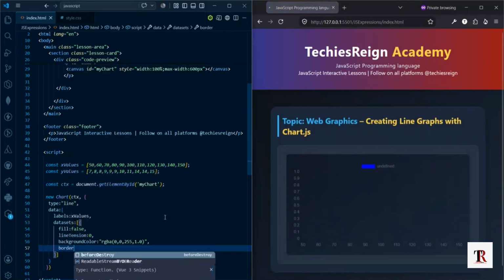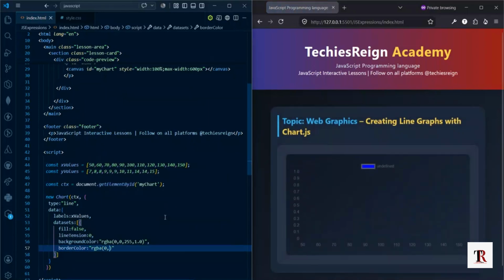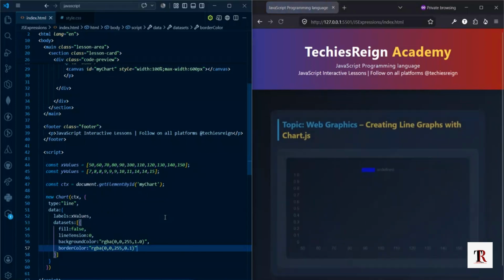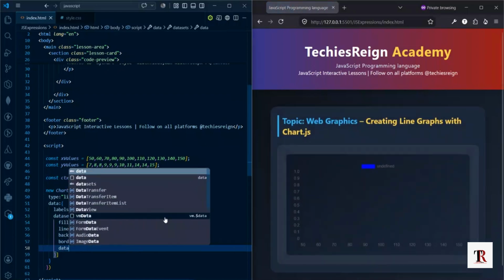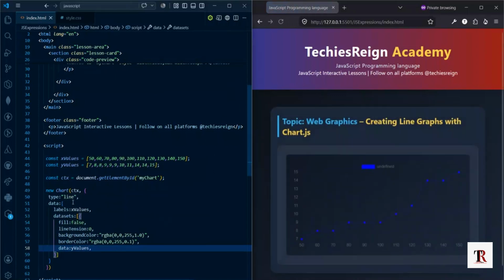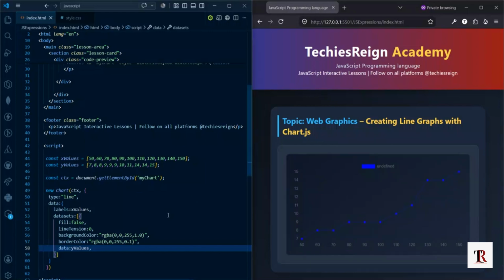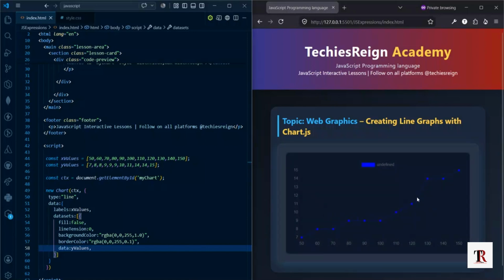Border color. Let's also add this as RGBA 0, 0, 255 and then 0.1. Now data as well, the yValues. Notice our labels are going to be xValues, which is what we have under, and our data is now going to be our yValues, which is what we have up here. Now if you look at what we already have here, you can see we already have a solid line graph